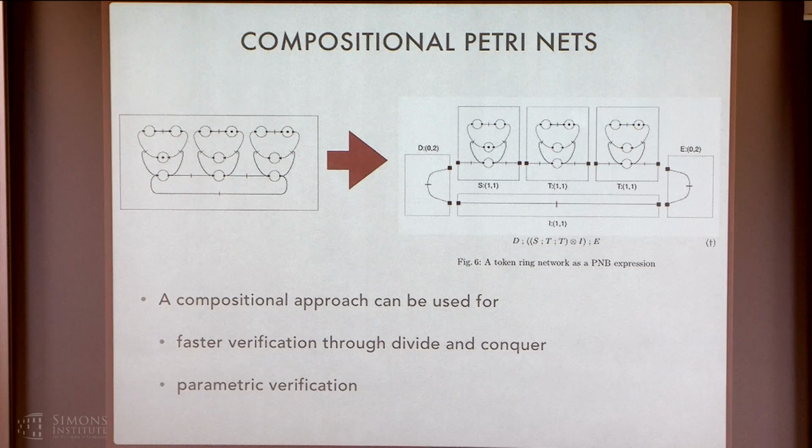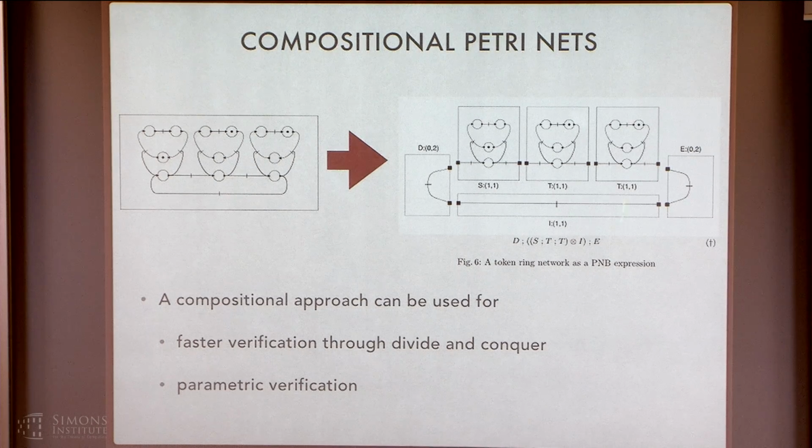monoidal category. Okay, so the idea is that we have a Petri net that looks like this, which, in this particular example, is some kind of token ring network. And you see that when you look at it as a global monolithic net, as humans, we can immediately see that it's just three identical bits wired up together in a loop. But we need an algebra of these diagrams to bring this out. So in particular, I'm going to be able to write this as an expression in a symmetric monoidal category,